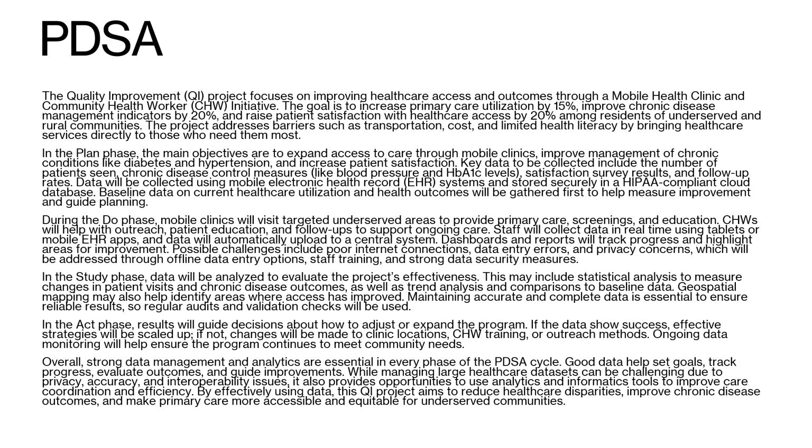The next cycle in the quality improvement project focuses on enhancing healthcare access and outcomes through the mobile health clinic and community health worker, CHW, initiative. The main goals are to increase primary care utilization by 20%, improve chronic disease management indicators by 15%, and raise patient satisfaction with healthcare access by 20% among underserved and rural residents. In the plan phase, objectives include expanding access via mobile clinics, improving chronic disease management, and increasing patient satisfaction. Key data such as patient numbers, chronic disease control measures, satisfaction surveys, and follow-up rates are collected using mobile EHR